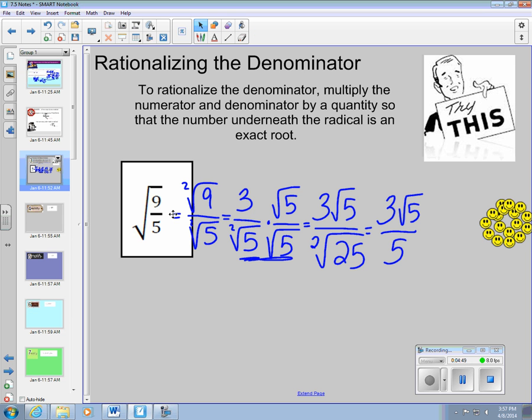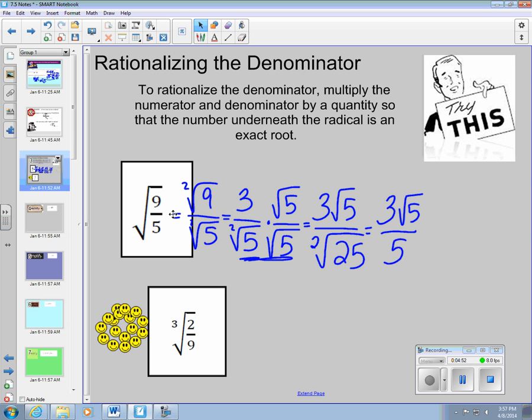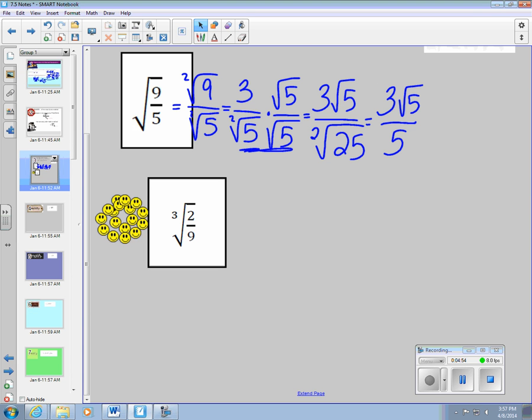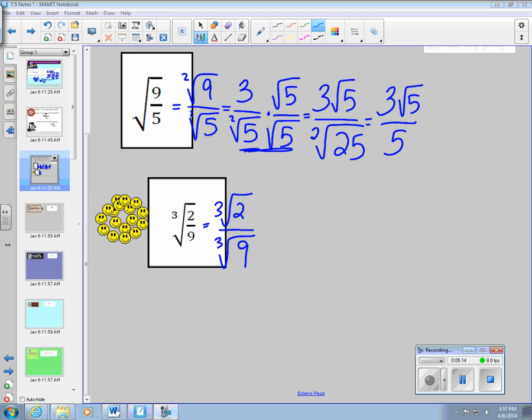All right, if we look at our next example here, we have the cube root of 2 over 9. We can rewrite this again. So we have the cube root of 2 all over the cube root of 9. We know that we can do this because of our quotient property of radicals. So notice that we have a cube root right here. So we need groups of 3, and 9 here, if we simplify our 9, we have 3 times 3. So what we really have here is the cube root of 2, all over the cube root